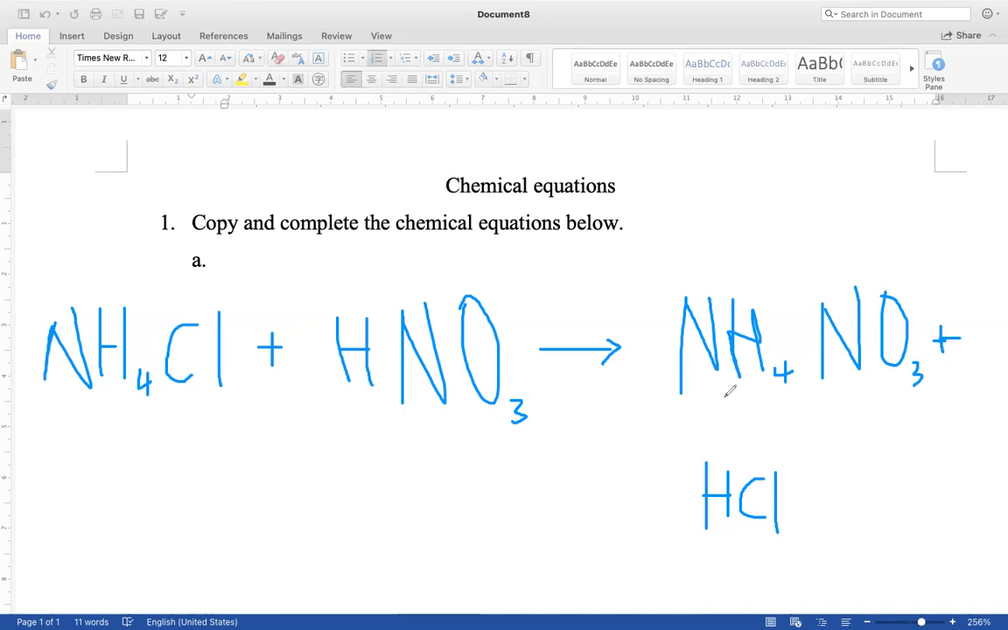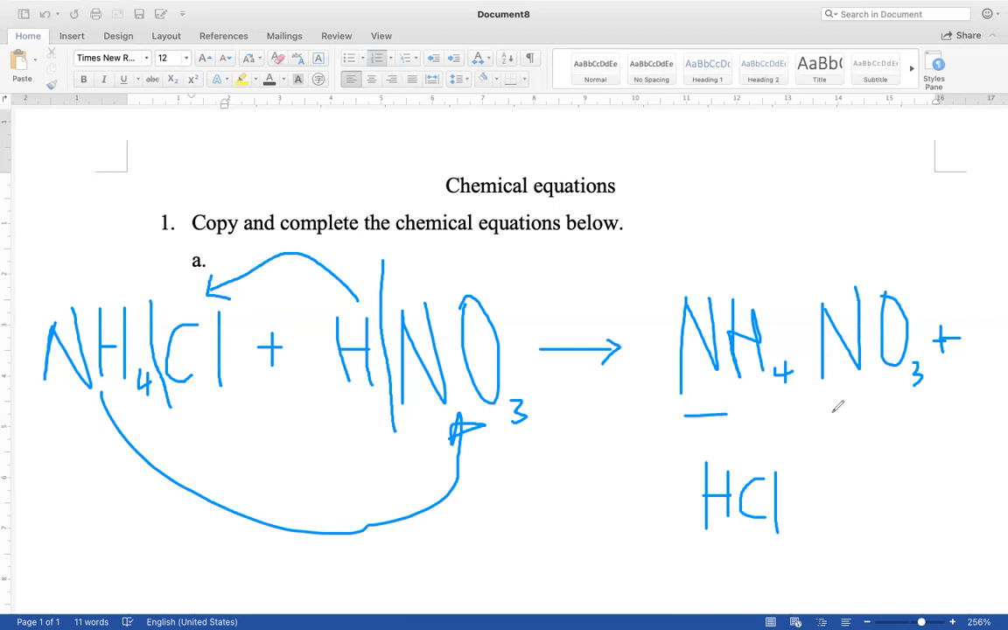Yes, so you are right. It's a double decomposition where this and that separate. This comes and takes the place of that, and that comes and takes the place of this, to form ammonium nitrate as well as hydrogen chloride. Why is it important to